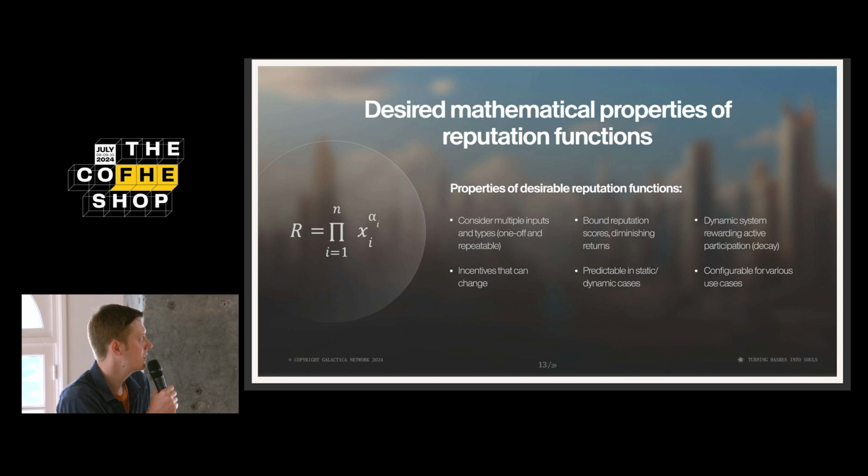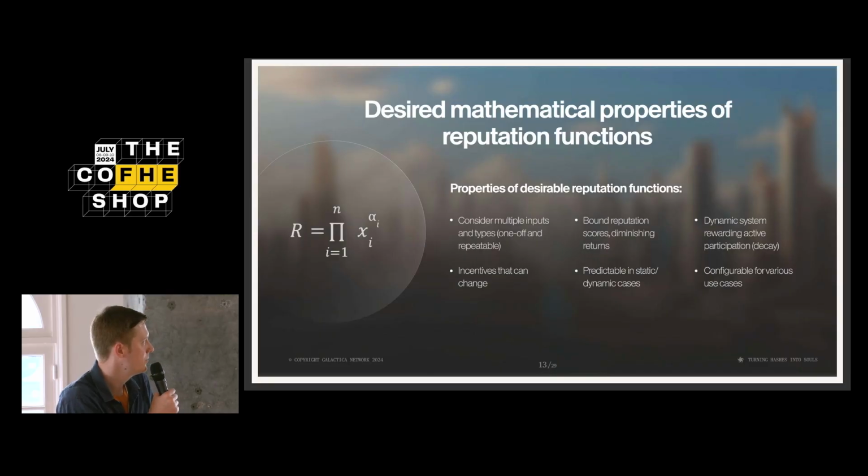So if we add a time component into this X, we can, for example, make sure that contributing to the last 10 proposals gives you more reputation than doing the same work 2 years ago. And yeah, this base system already gives you some flexibility so that you can design the reputation for the use